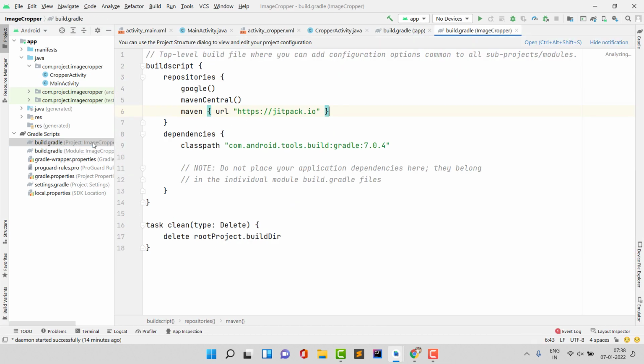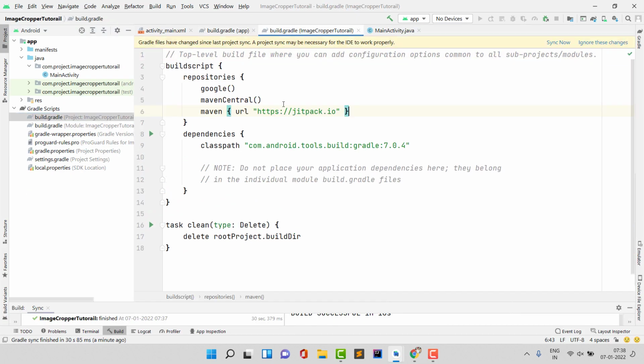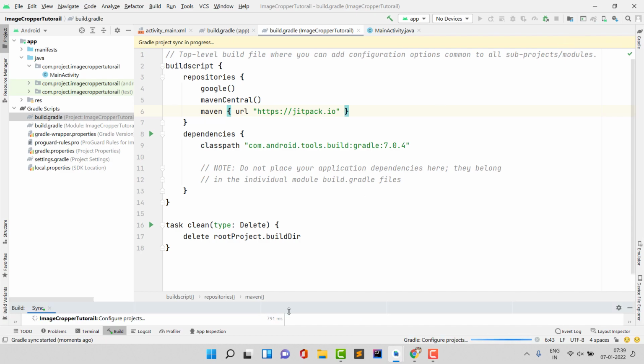Now you also have to paste a Maven URL if you want to use this. So open this build.gradle project and I copy this Maven URL. You can also type this manually. I open this section and paste it here. You can type it manually, or I will also try to provide this in the description. Now after this we have to click on Sync Now, so it will sync this project.